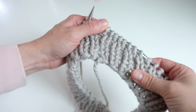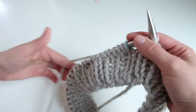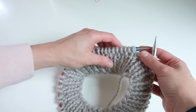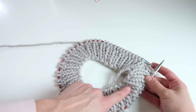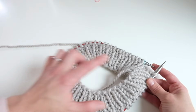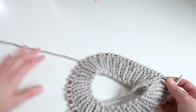So I've completed 6 rounds of the 1x1 rib. Now we're going to complete a raglan setup round. Basically, we have 56 stitches that we've cast on. I need to divide these 56 stitches into each sleeve and the front and back. There are 4 sections, and I need to do that in a way that makes sense for each sleeve in